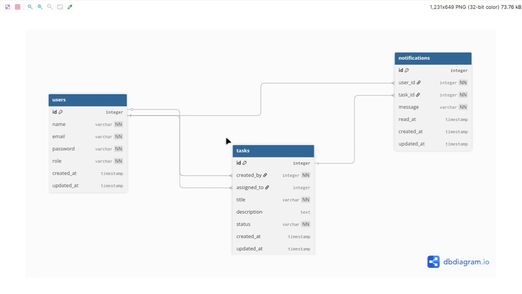Next is the task table. This stores the main information about a task, like title, description, and a status. A task can have three possible states: pending, in progress, or done. And this table also has two relationships with the users table: created by, which represents the user who created the task, and assigned to, which represents the user responsible for